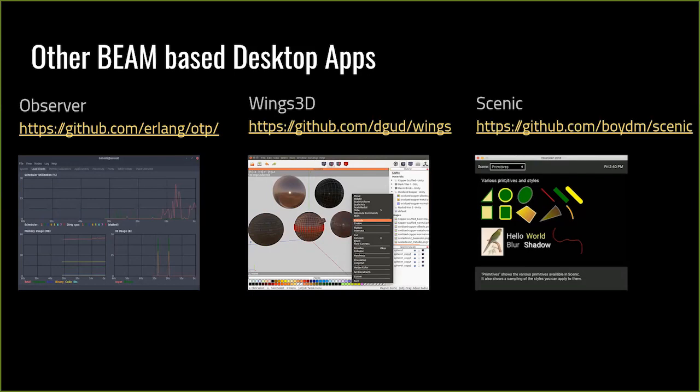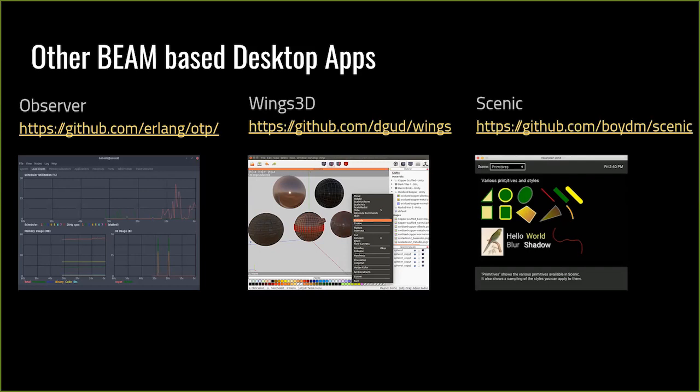And the second, the one that made the biggest impact for me, was really Wings 3D, which is done by Dan Gudmundsson. And I want to shout out to him. He's in the OTP team. He has been doing a lot of work to maintain wxWidgets inside Erlang, and was super helpful when I did the pull requests for the web view that we're going to talk about.